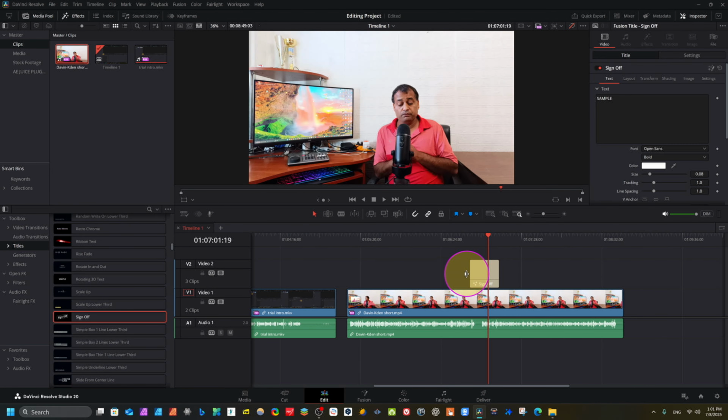Anytime if you want to add anything, just click here. If you want to see the color etc., click, unclick. When you unclick, effects, text, etc. will not be visible. When you click, it will be visible. So remember that. Even if you do not have good performance, there is also one good setting here.